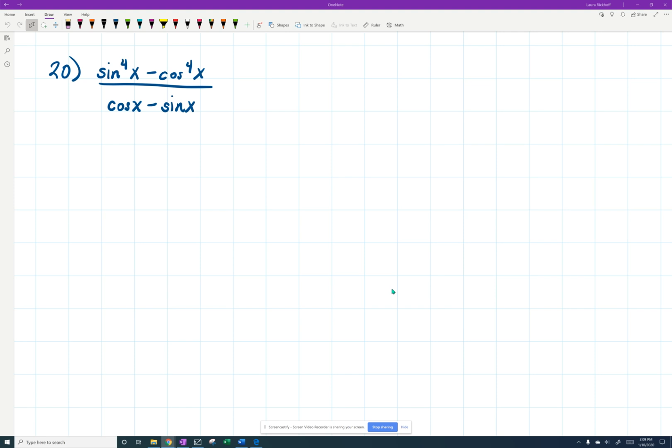So everything is already written in sines and cosines, which we like. And then one of the tools in our toolbox is factoring. So factoring is your friend. That top is a difference of squares. Sometimes the sine and cosine